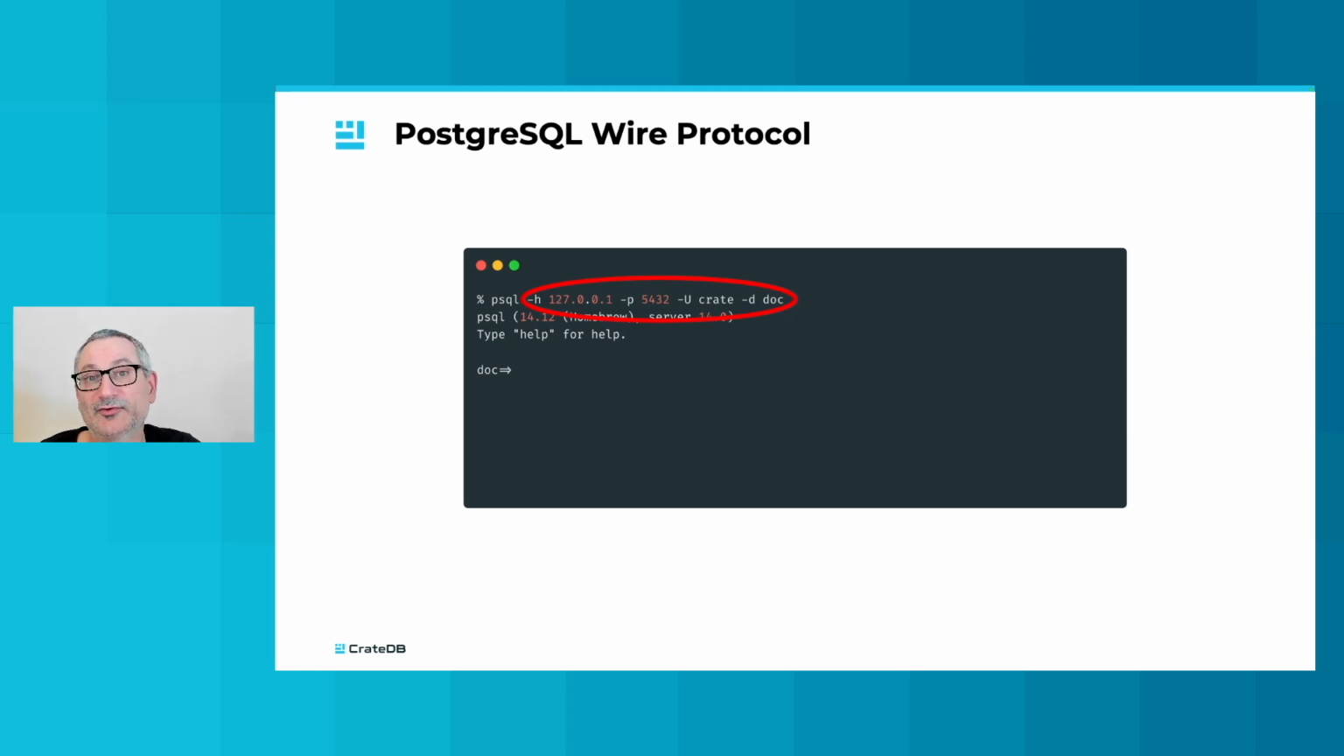Note that in Postgres, the default schema is called public. In CrateDB, it's doc, so I'm making sure to